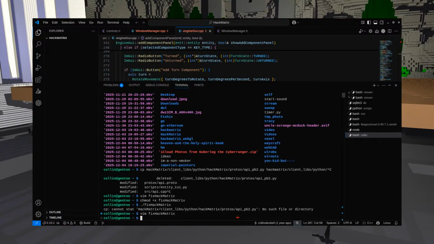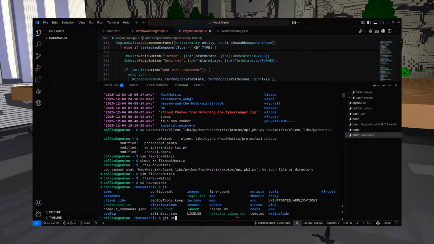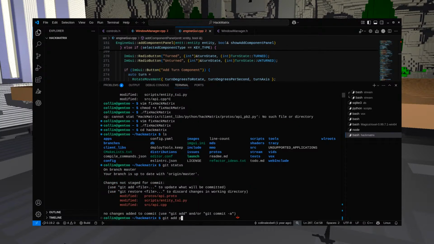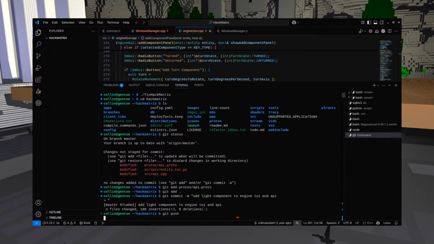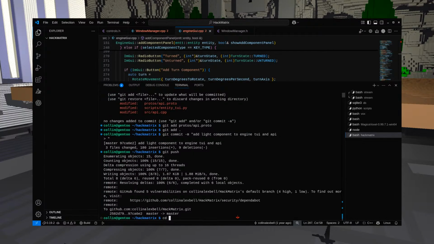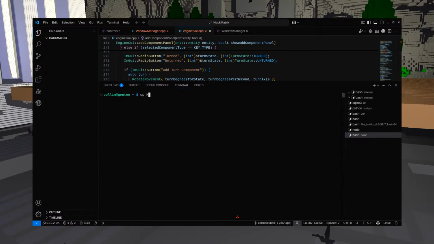I don't need to do that one anyways. Git add dot, git commit. This is add light component to engine, TUI, and API. Okay. And then the last thing to do is to move or copy the HackMatrix